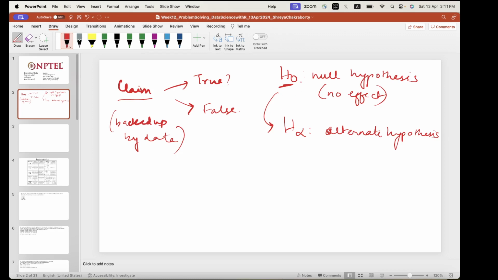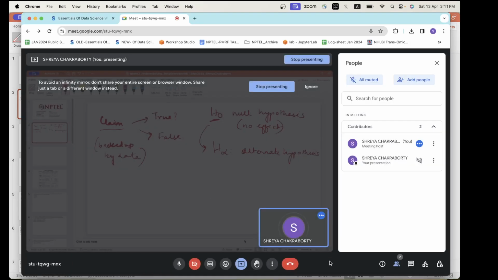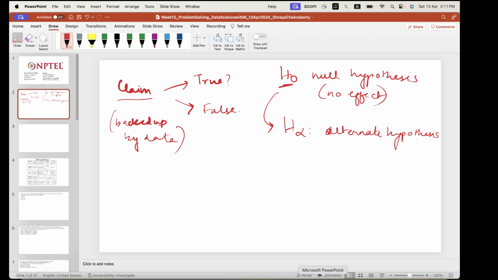And this rejection or acceptance of the null hypothesis has to come with a certain certainty level. Okay, so only when we can say that we are, let's say, 95% confident that this null hypothesis can be rejected in favor of this alternate hypothesis. So we want that quantification. Alright, so